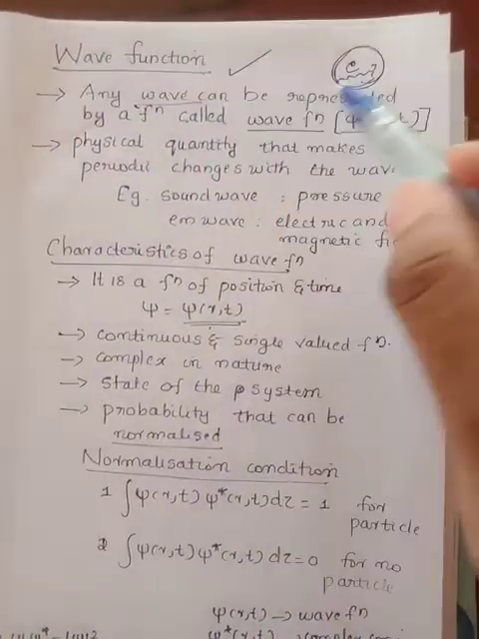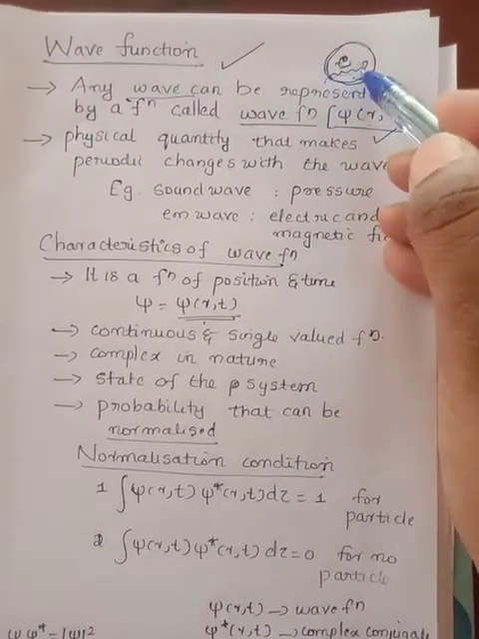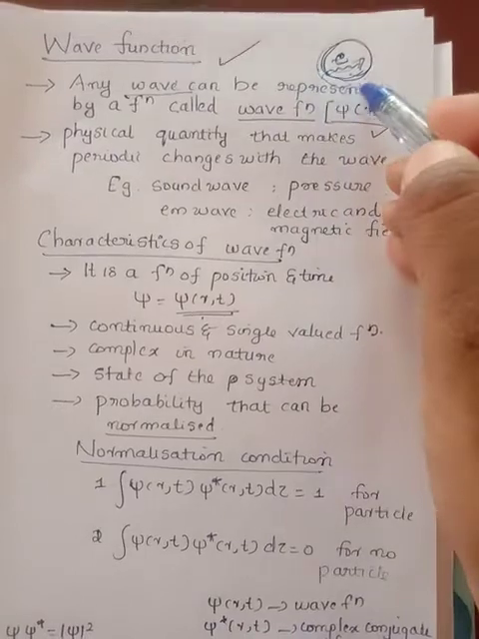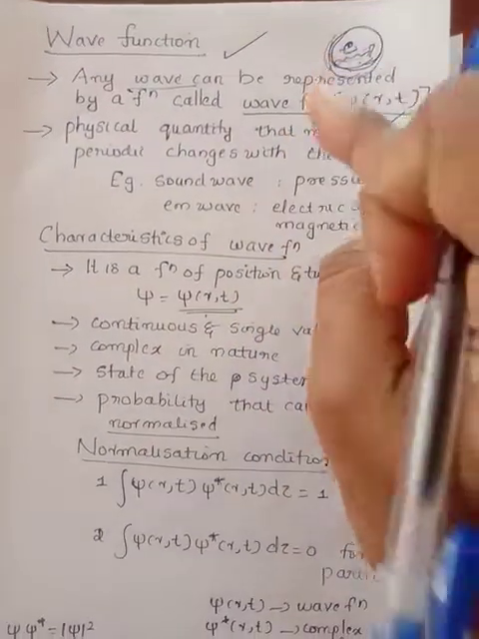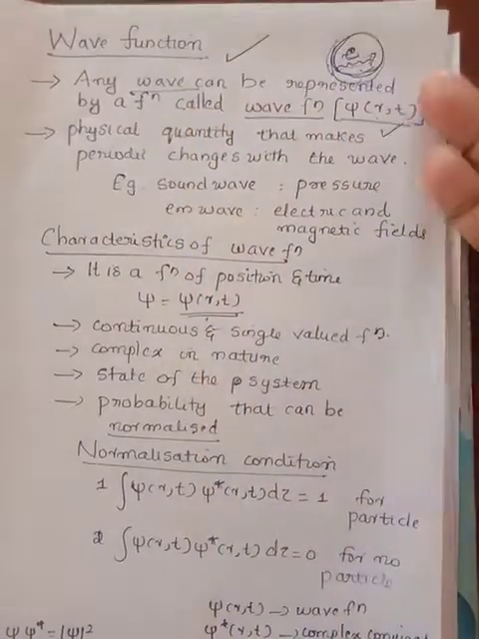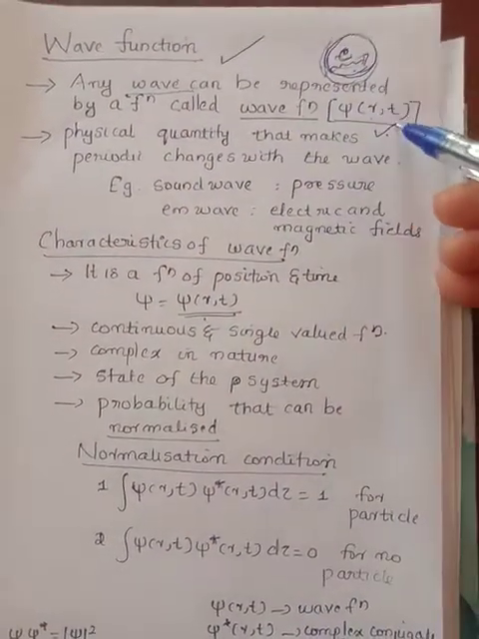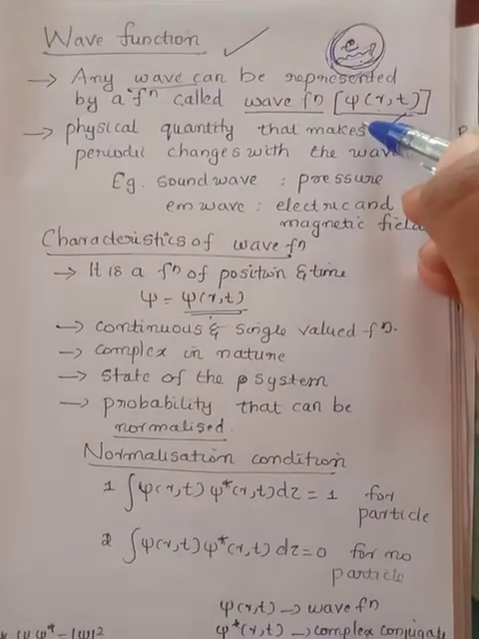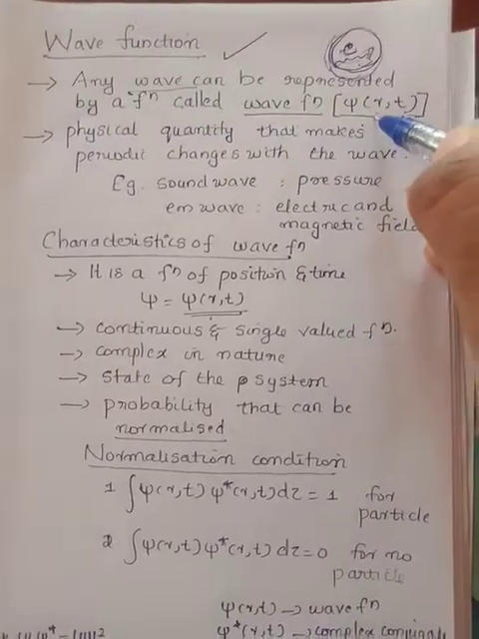We are considering waves, right? Suppose we have an electron associated with a wave. So a function is used to represent this wave. That function is known as wave function. So simply, it is a function used to represent any wave. And the format of this wave function is psi of r,t. The symbol used to represent wave function is psi of r,t, where r is the position and t is the